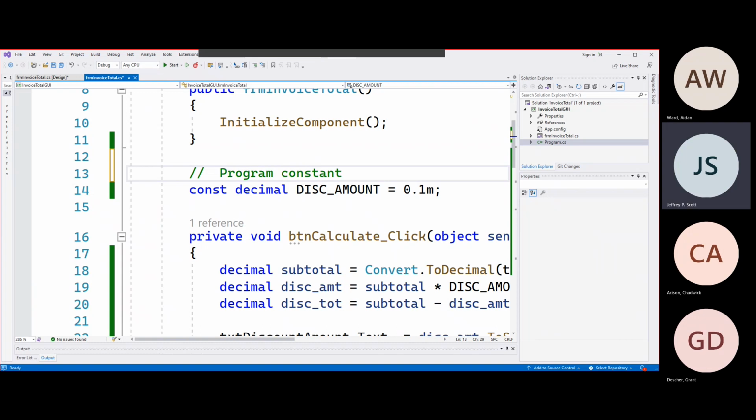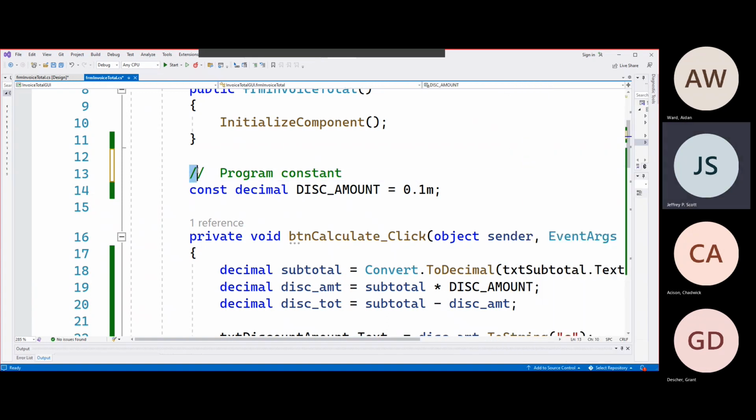So I put in there, you'll notice, I went in there and put in a comment. A one-line comment is you put in 2 forward slashes, and anything that follows the 2 forward slashes to the right to the end of that line is a comment. All right. So I'm going to put in here program constant, and I can put in here another comment. Oops. Discount amount